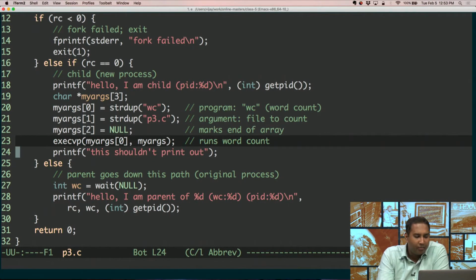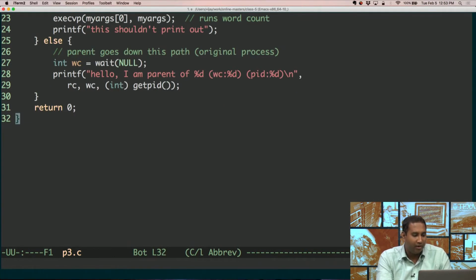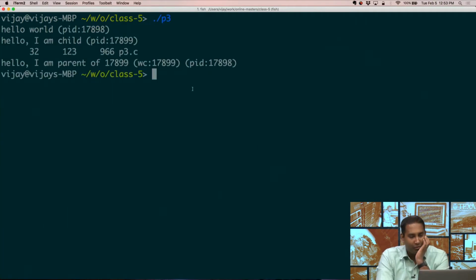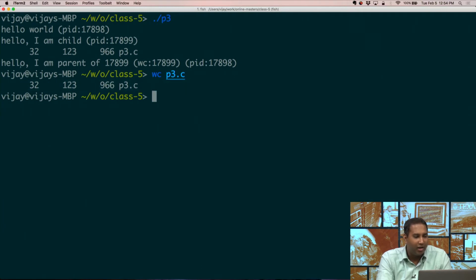Let's actually see this exec VP in action, right? So we do make, and then nothing has changed. So if we do p3, here's what's going on. Initially this is the parent which prints out hello world, and then the child prints out hello. And remember, because we're doing a wait in the parent, this will always print in this particular order. After the child prints out hello, we see this line which is basically the output of word count, right? If you do word count p3.c, this is exactly what you get,